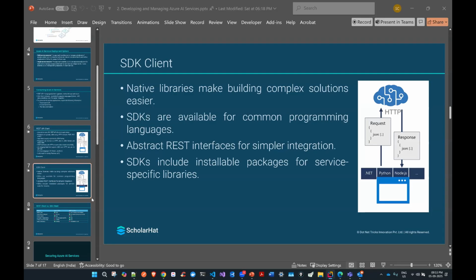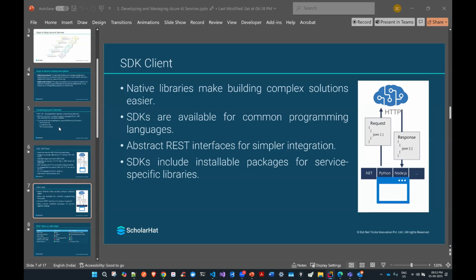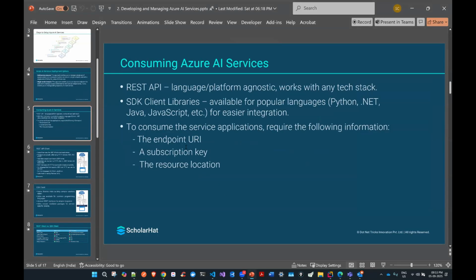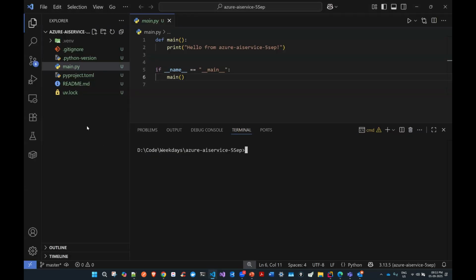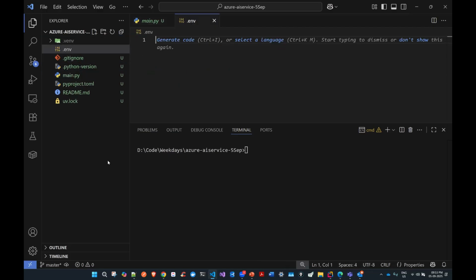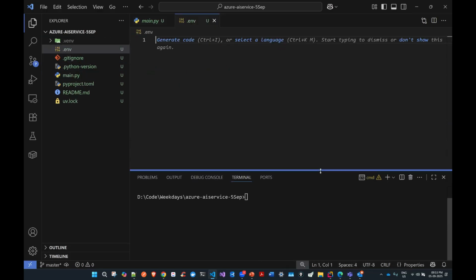Okay, so what are the things we need here? We just need the endpoint URI. We need a subscription key. These two things I need to get. In Python, we have an option for defining an environment file. I can define it using .env.